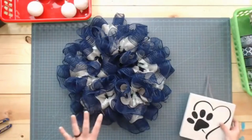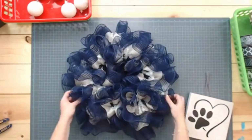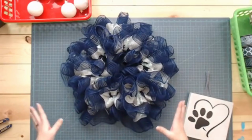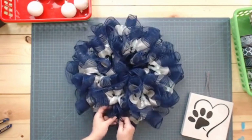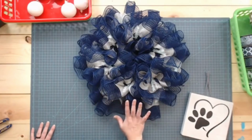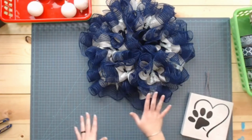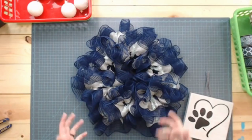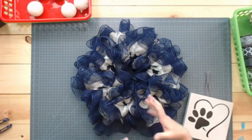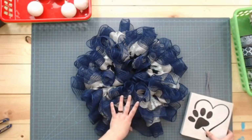So I'm going to look here in the camera, as you can see the whole base, and find where I think the sign would look the best. Since we've got a funny looking area right down here, I'm probably going to put a bow here to mask that. Not all the time, but more times than not, you're going to have a wonky side to your wreath base. That's usually where you will put something to cover it, like the bow, or you could put the sign over it, or some other type of embellishment. But for today, that's going to be where the bow goes. So keeping that in mind,